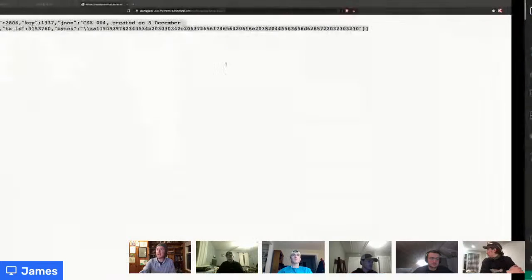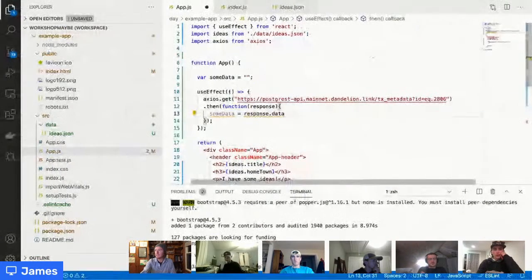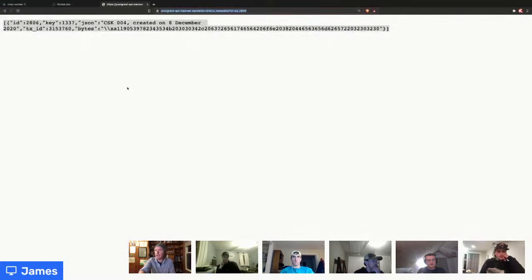Remember that this data was actually an array. You see those curly brackets there? Or sorry, the square brackets on the far outside. This is actually the 0 element in an array that only has one item in it. And which part of this array, or of the object, do I want? I want the JSON part. That's the part that matters to me. I want to get this text right here,